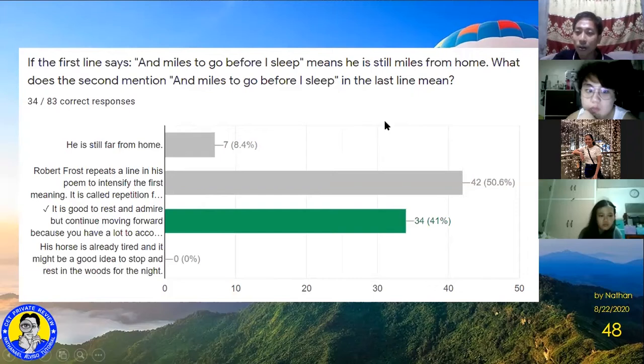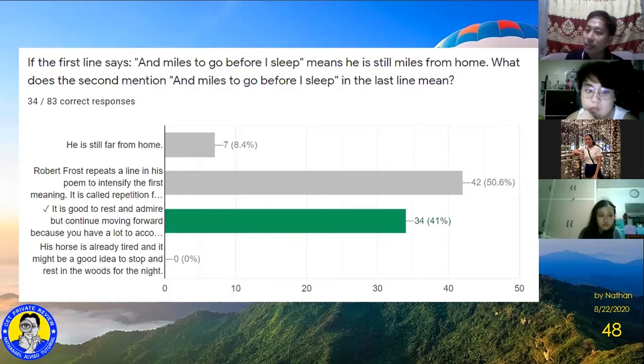If this is just a poem with shallow expressions of a long way from home, you still need to travel, let's say 10 kilometers, then this will not be a very nice poem that will be admired all over the world. So the second line here must have a deeper meaning. And that is where we will now